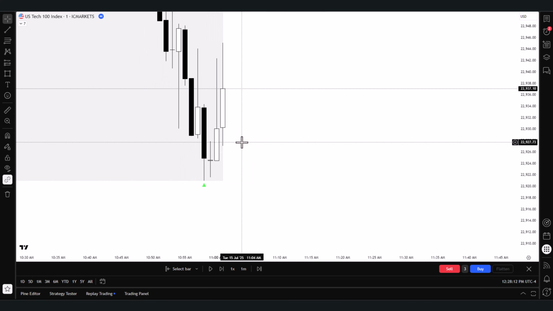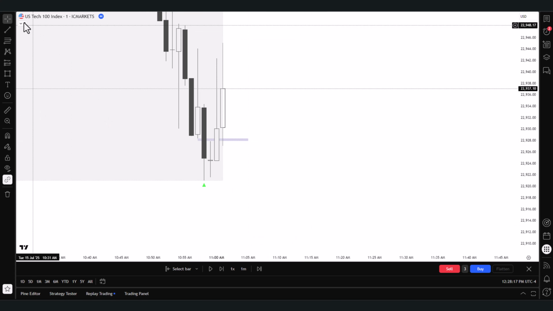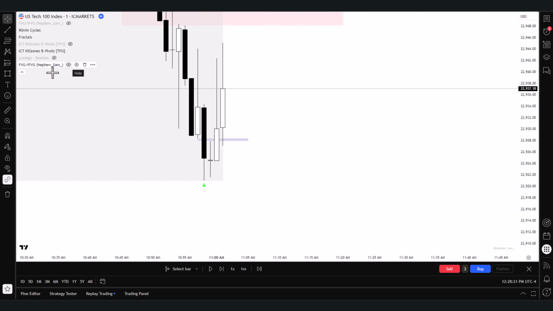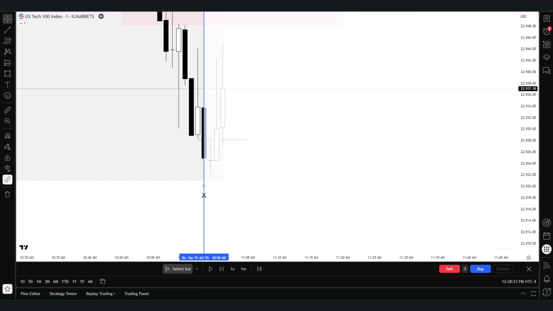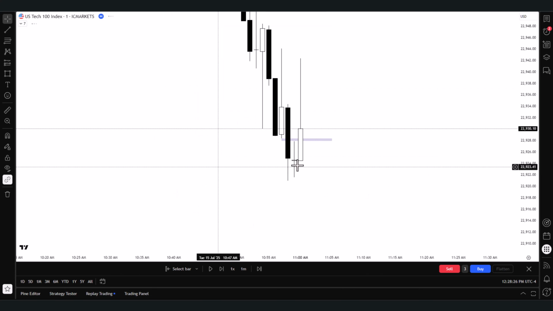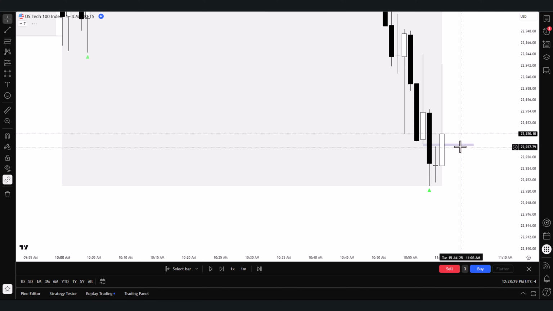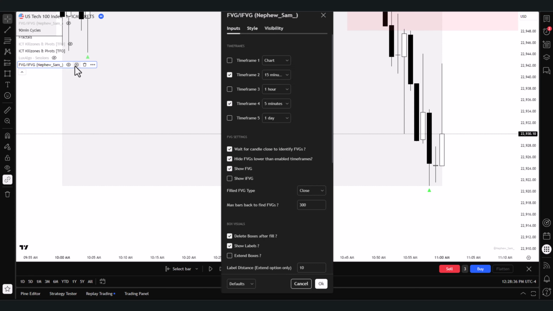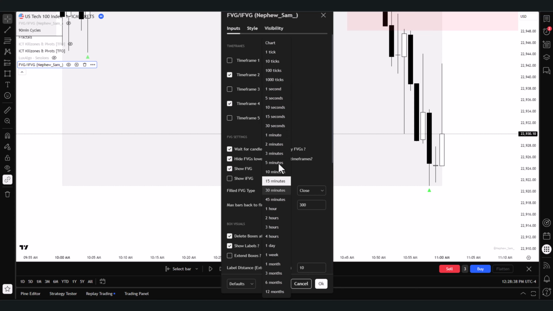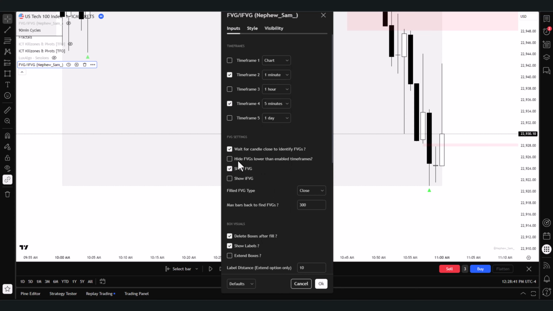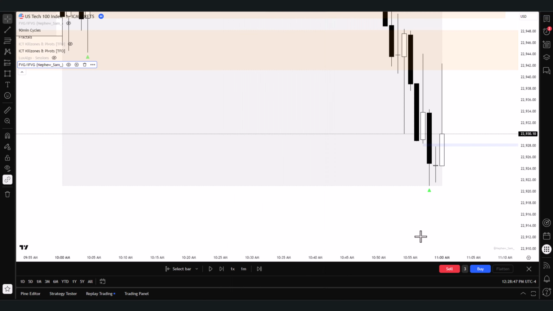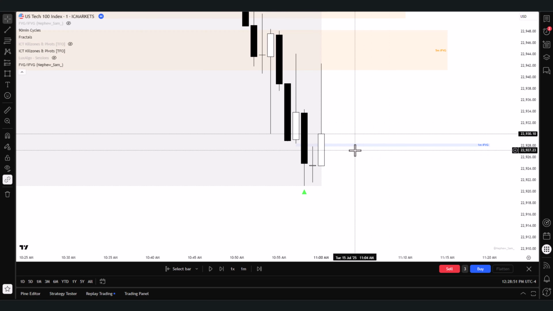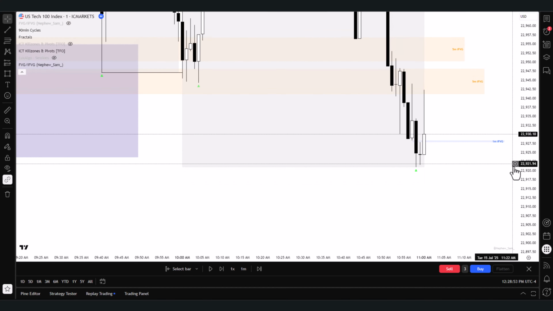Here you can see price made a tiny inversion. If you are struggling, then I will suggest adding an IFBG indicator to detect this kind of tiny inversion. What the hell? Not showing. One minute. Yes, 1 minute IFBG already created, but the problem is